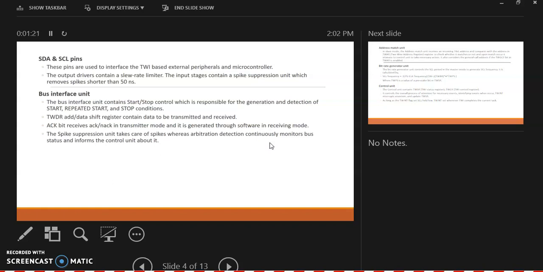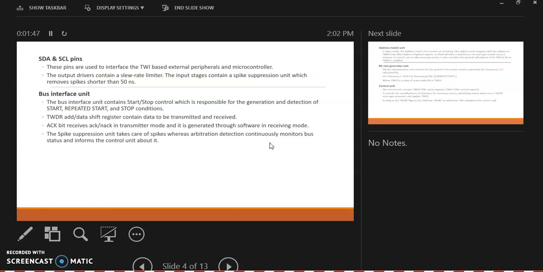The output drivers contain a slew rate limiter. The input stage contains a spike suppression unit which removes spikes shorter than 50 nanoseconds. The second one is the bus interface unit. The bus interface unit contains the start/stop control, which is responsible for the generation and detection of start, repeated start and stop conditions.